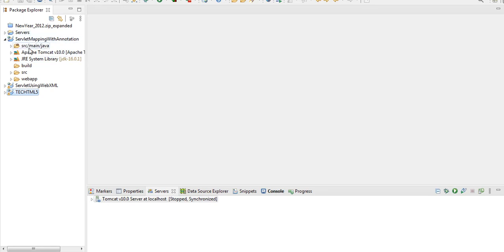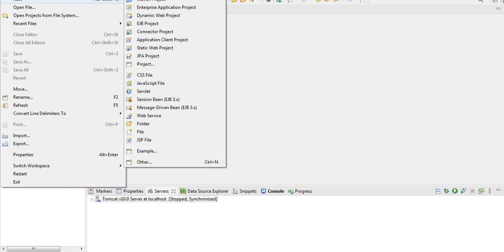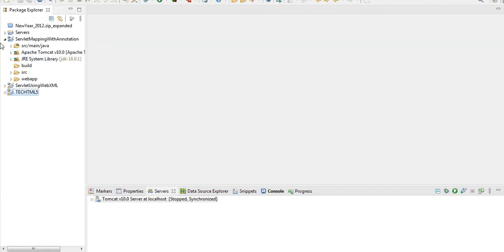You have to create a dynamic web project so that you can include all the HTML pages and servlets here. But in ordinary Java projects you cannot do web programming. There you can do business logic, that's all, but here you can do everything.